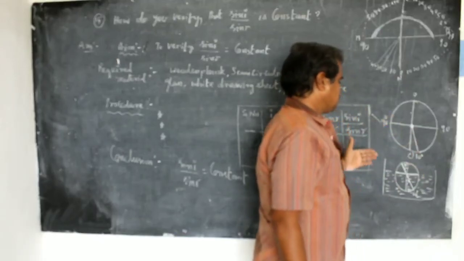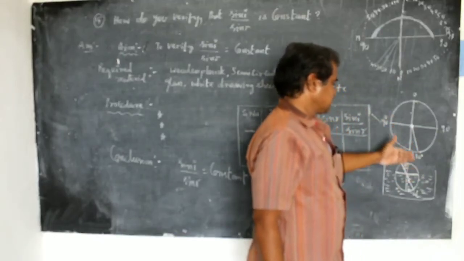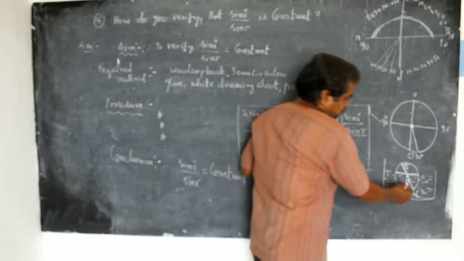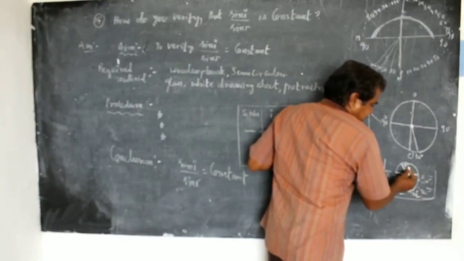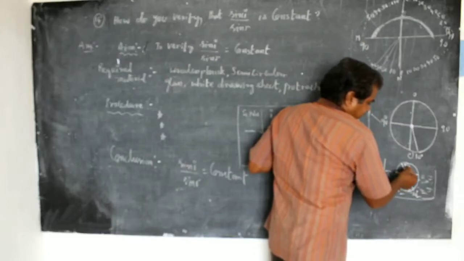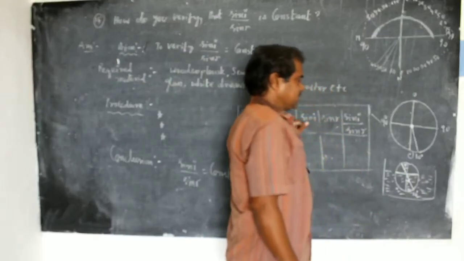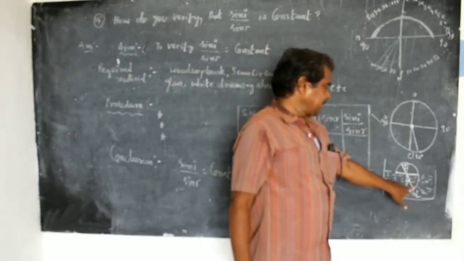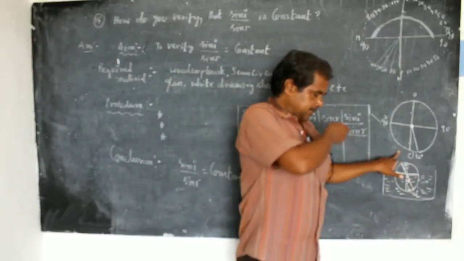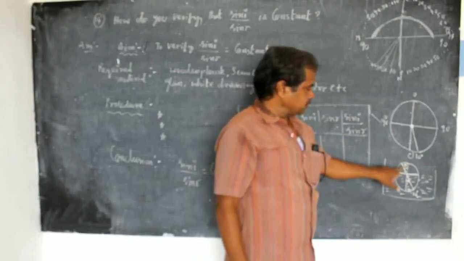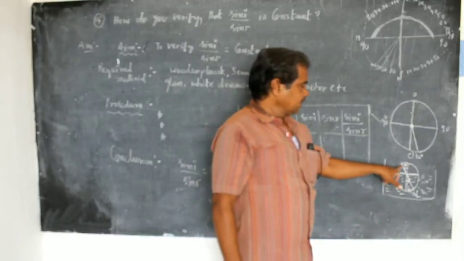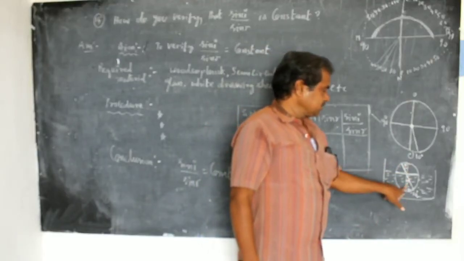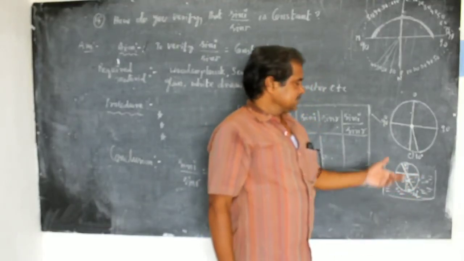If you remove this circular metallic disc from the water and measure these two angles, it is already 10 degrees, and measure the angle between this straw and this normal, it must be greater than 10 degrees, because here the light ray travels from denser to rarer. Any light ray which travels from denser to rarer, the corresponding refracted ray moves away from the normal, so the angle of refraction must be greater than 10 degrees.